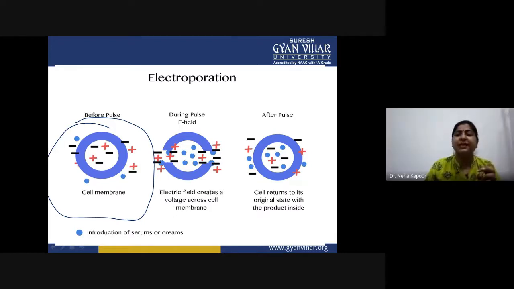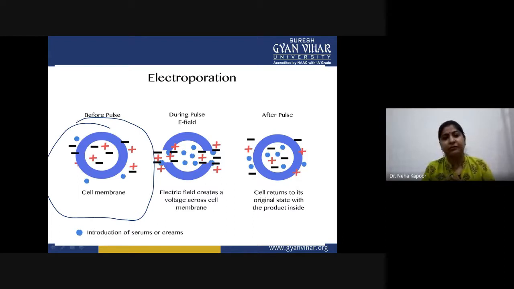Animal cells, it is suitable for other types of cells. I am taking just an example of a plant cell, and I have just given you an example that we can use this method for the transformation of plant cells. However, in case of animal cells, the most successful technique is microinjection, that is coming in the next slide.